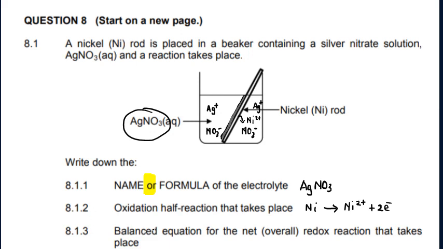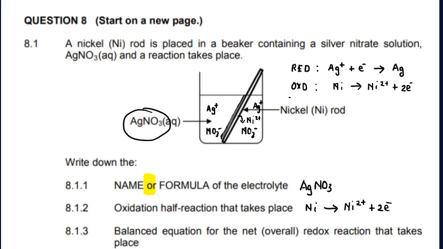8.1.3 says write down the balanced equation for the net overall redox reaction that takes place. In order for us to do that, we need the other reaction as well, so I'm just going to write it over here. We identified that the reduction reaction is the Ag+ gaining an electron to become solid silver, and the oxidation half reaction is the nickel solid going into nickel 2+ and releasing